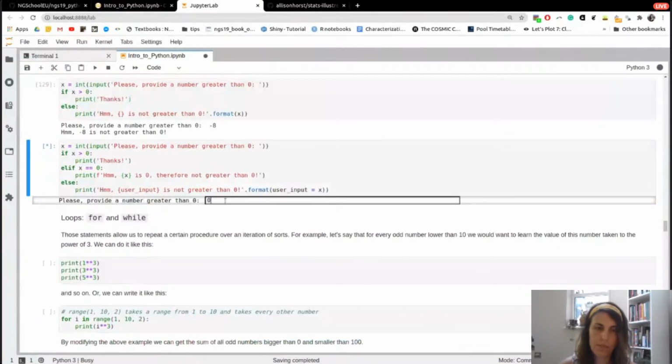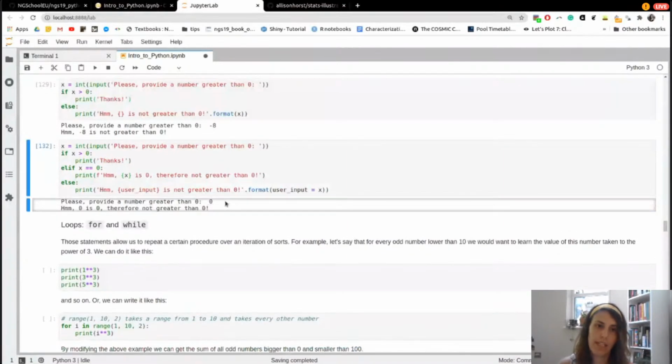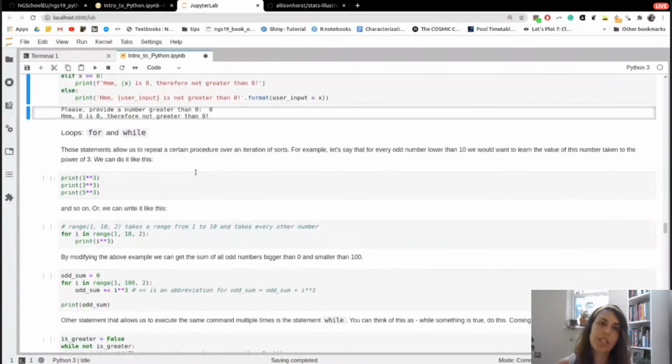So if I put 0, it tells me that 0 is 0. So I used 2 different ways of writing the same thing and filling similar spaces. So this is just to test whether our conditions are fulfilled. We can also have loops, which allow us to do